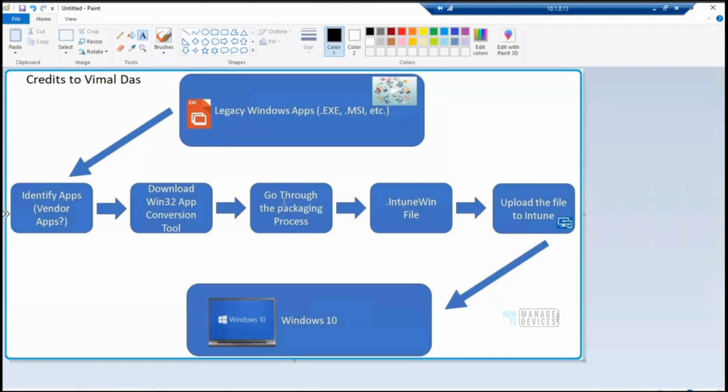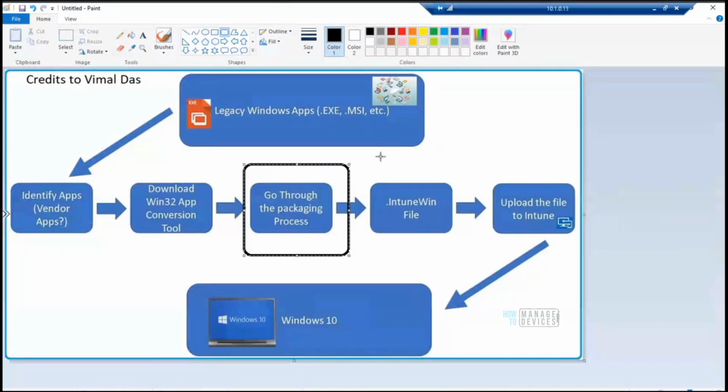Don't get confused with this. This is not a big thing. It's basically zipping up all the applications into one particular file. That's what it's doing. It's nothing complex at all.